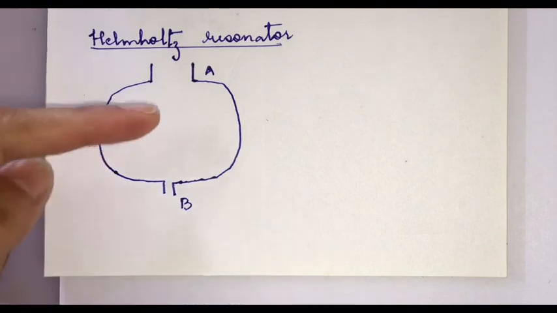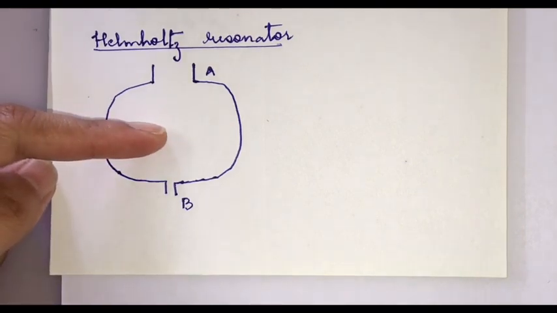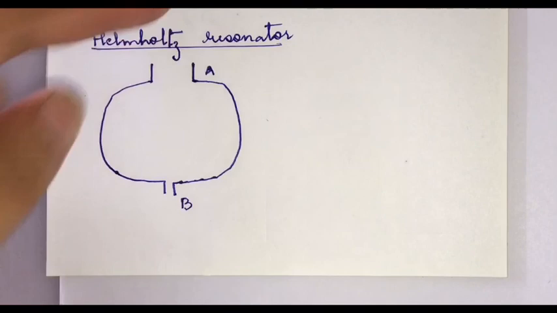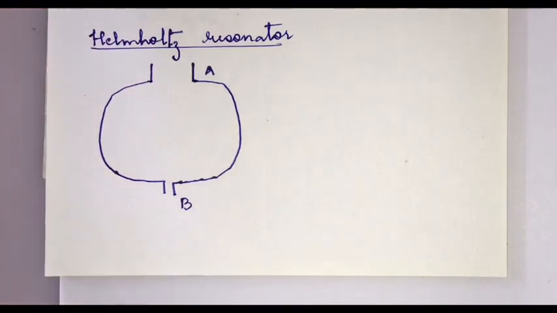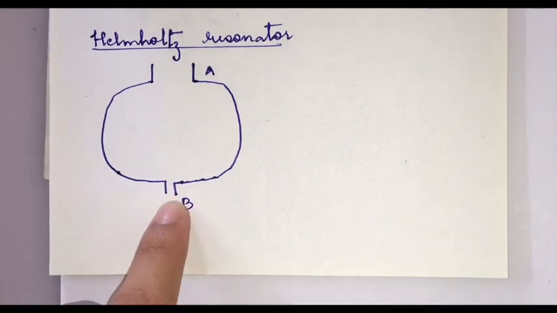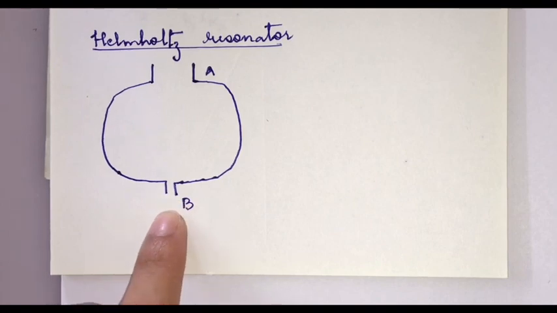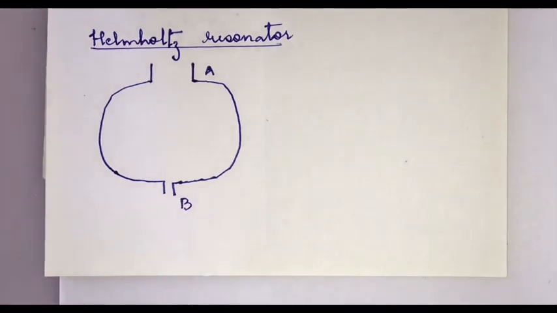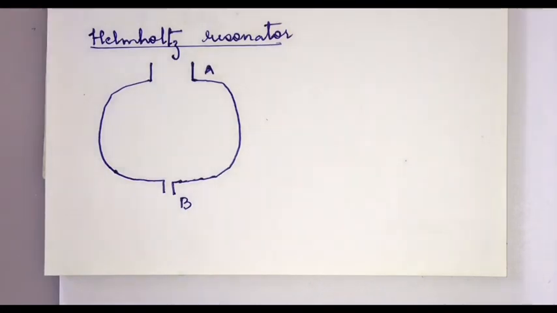That is when the natural frequency of the air inside matches one of the frequencies coming from the musical note, and because of this a small part of the air leaks through B, which is held near the ear, and that is heard. Thus the resonator is said to be resonating for the note of that one particular frequency among the different musical frequencies. So you can find that particular frequency among the different frequencies coming inside the Helmholtz resonator.